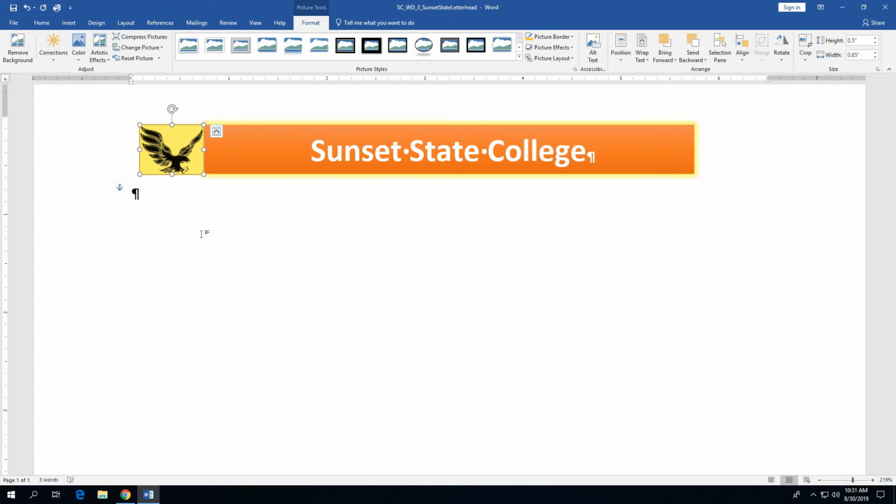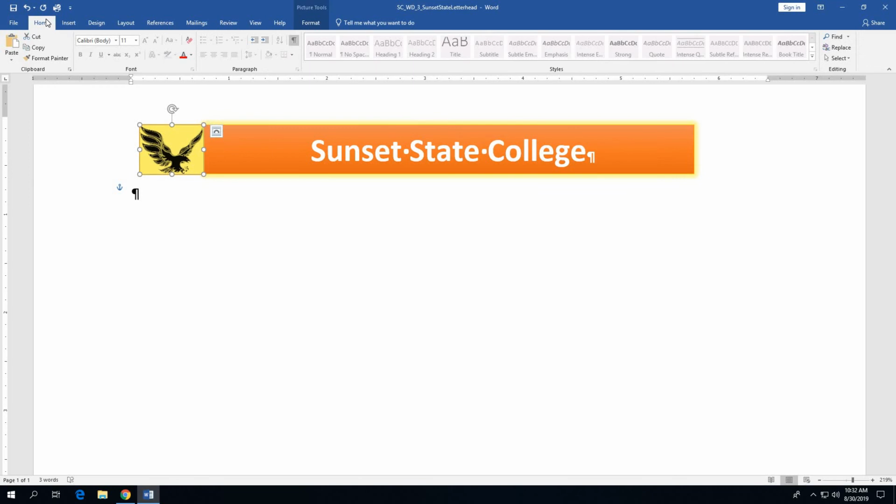Alright, so just get it into the position that you see there in the picture on page 3-18. Once we have the eagle picture on the left side of the shape, what we're going to do is copy it, make a copy of the picture, and move the copy to the right of the shape so that we have the logo for the college on both sides of the shape. To do that, you're going to make sure the picture is selected, and you're going to